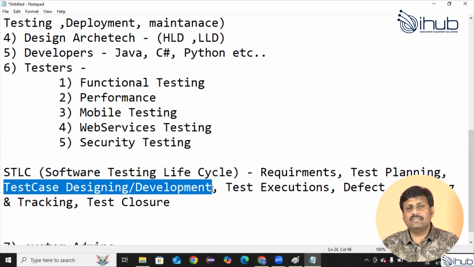What do they prepare in these test cases? They prepare some test scenarios and they prepare some test cases. What is the difference between these two? Test scenario and test case. A test scenario is what to test, and a test case is how to test. For example, suppose you want to test one login functionality. Testing the login functionality is a scenario, and in that, how to test is how we can